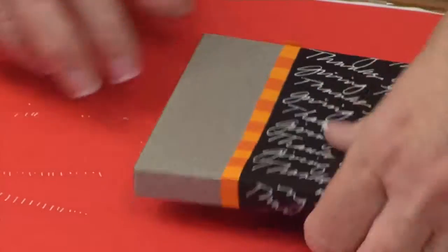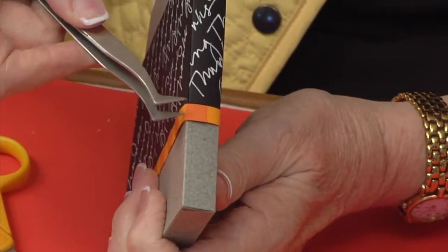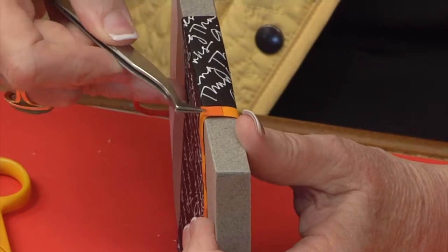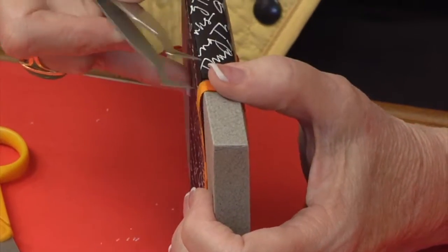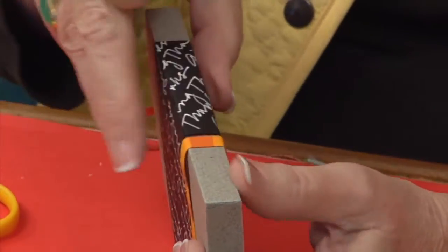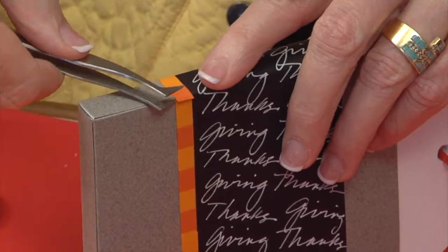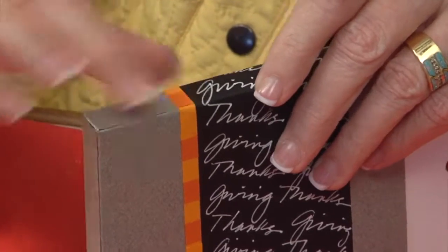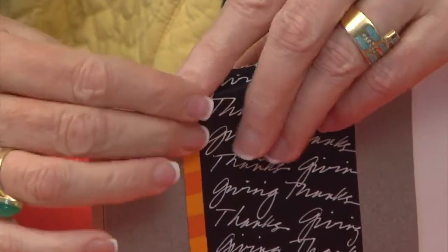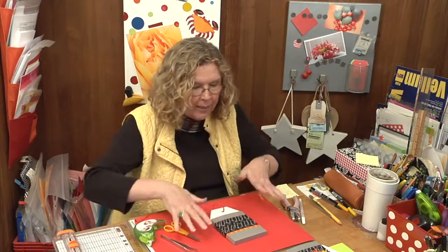And then I can go back, and let me just make sure that you can see what I'm referring to. See how it's kind of overlapping the edge? I'm just going to wiggle it off because I put it together with removable adhesive, so it's going to let me move it a little bit since it hasn't fully set up yet. And I'm going to do the same thing. See how this one is really wanting to flip off? I could bend it, but my guess is because it's such a little square, it's probably going to keep wanting to pop off. If you have squared checkered paper that isn't made with extra pieces and you don't have to worry about that, that's even easier still. Okay, so at this point you have the band,